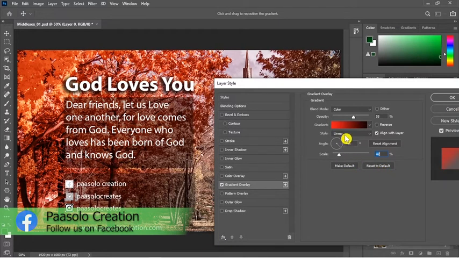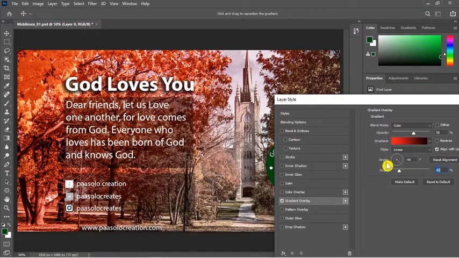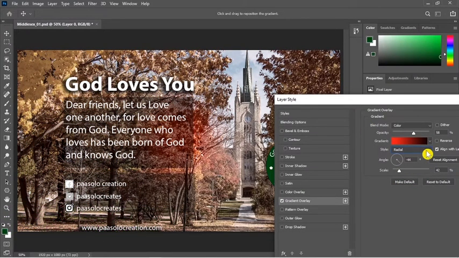And also you can change the style of the gradient. You see styles, click on it and you see a different style. You have the gradient that will start as a circle in the middle, and we can use the reverse to toggle between the red and the black. So when I click on it, the red will come outside and the black will go inside. When I click on it again, the red will come inside and the black will go outside.